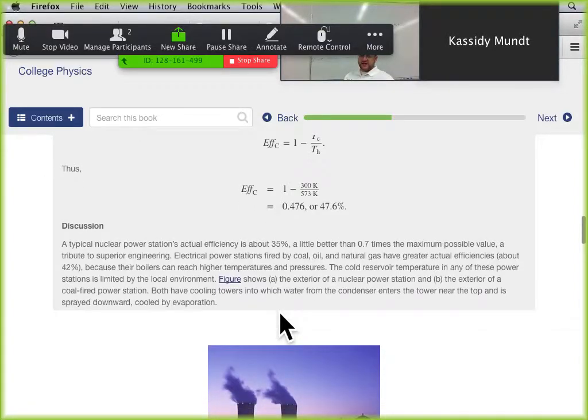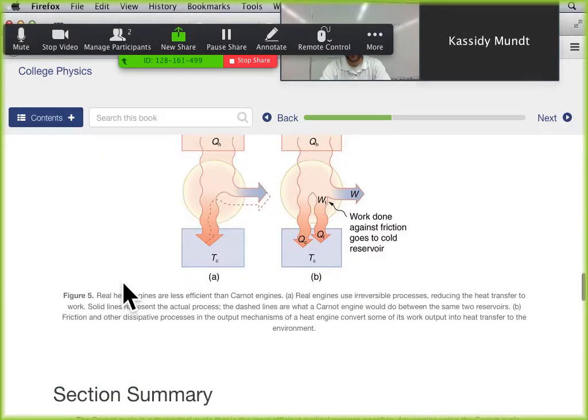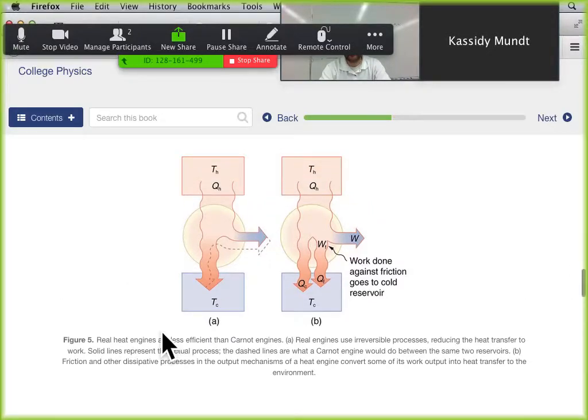It turns out coal, oil, and natural gas actually have greater efficiencies. They're about 42%, and the reason is because their temperatures can go higher. A nuclear power plant can't go any higher without losing containment, without having a meltdown or starting problems. But you can go higher with coal and natural gas. So anyway,